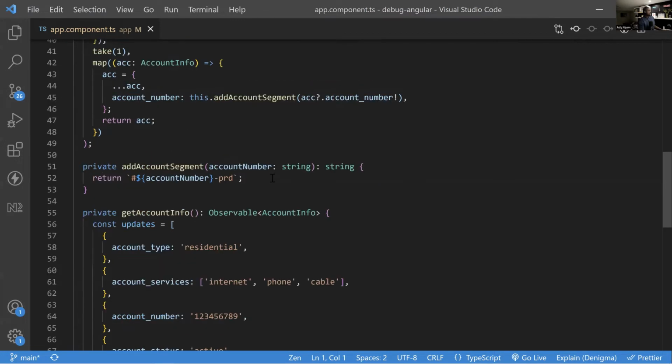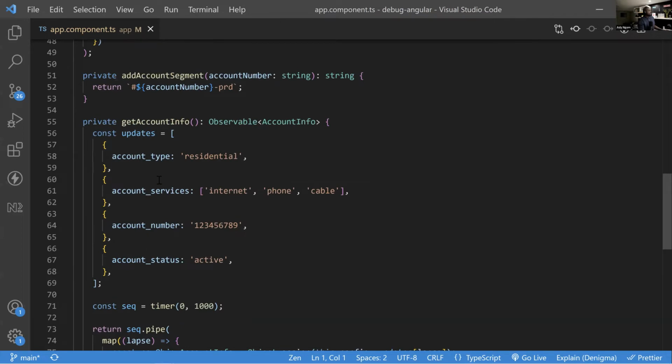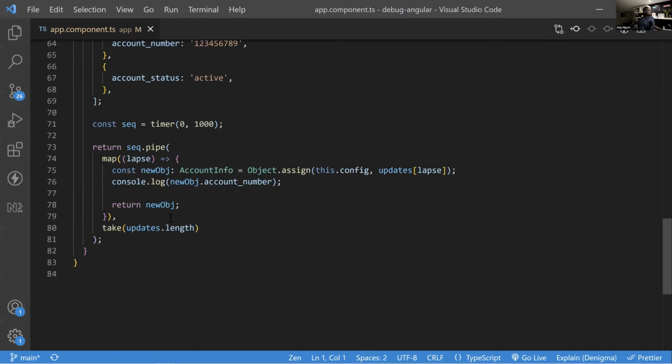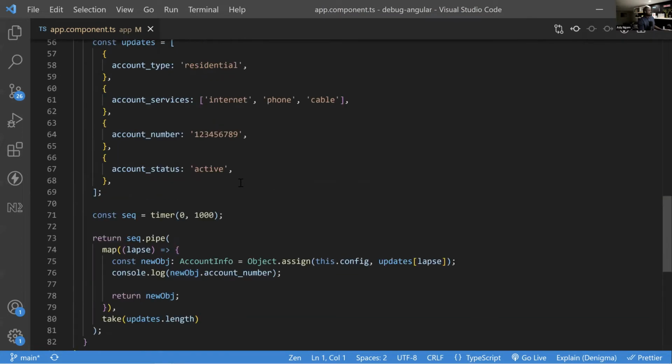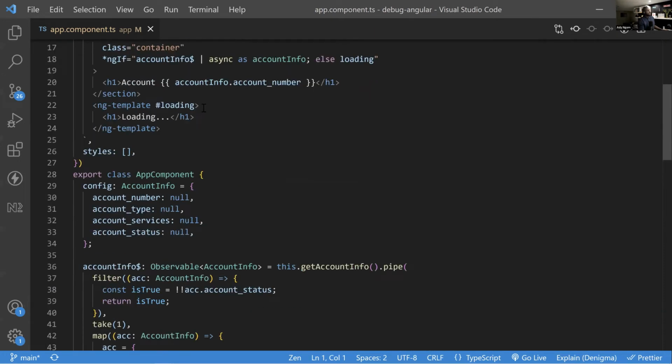I have a setup here that is going to put the account type, the account service, the account number, and finally the account status. This would be a setup that maybe you would do in a testing environment, but just to get to the point, this whole thing has the async pipe involved here that is updating that string that we saw in the browser.